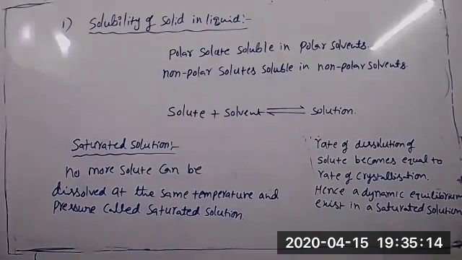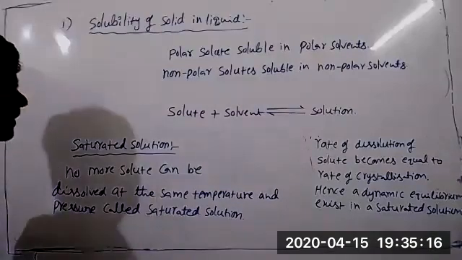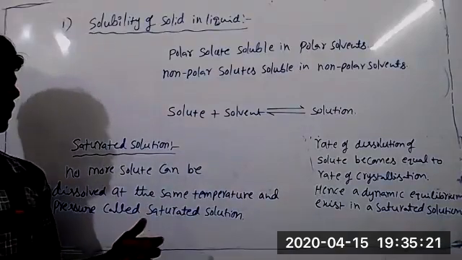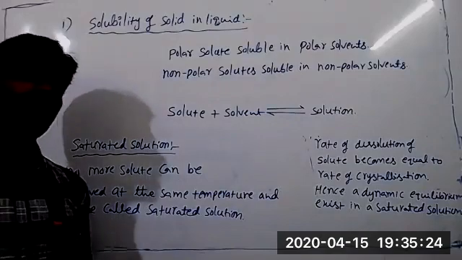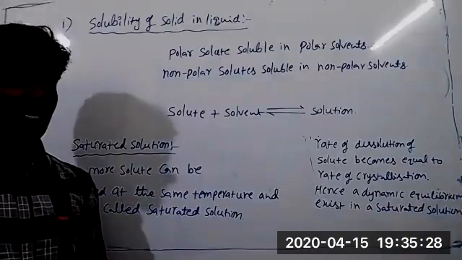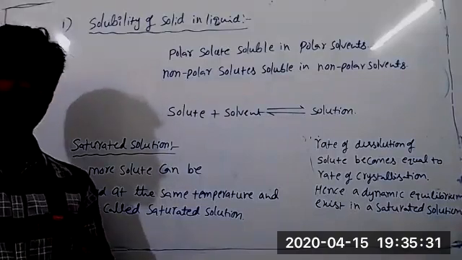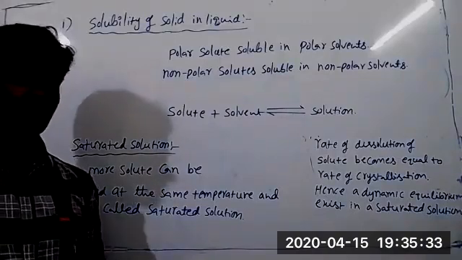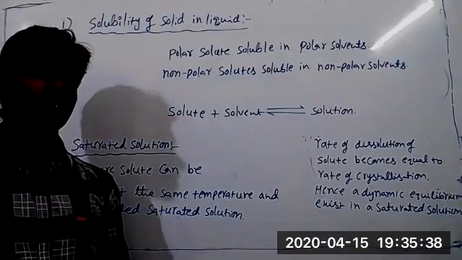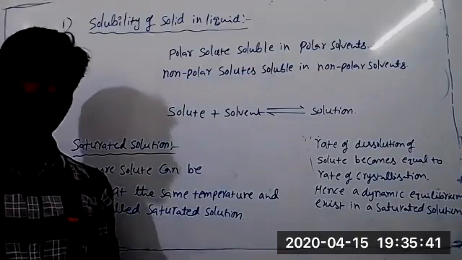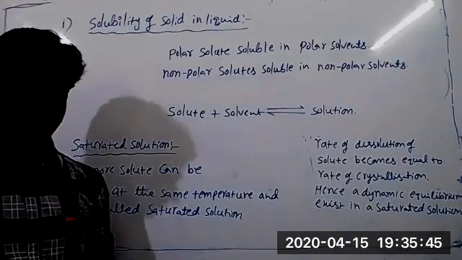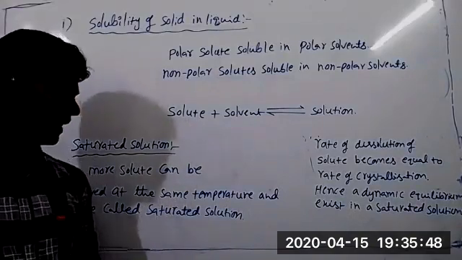Yes, sir, completed. Okay. Then see one more thing. No need to write that definition, just listen. Unsaturated solution: in that solution, we can dissolve a large amount of solute. Such solutions are called unsaturated solutions, and supersaturated solutions are also there. A solution which contains a large amount of solute is possible at a high temperature. Suppose sugar is dissolved in water at high temperature, that solution we call supersaturated solution. Those definitions are not mandatory.